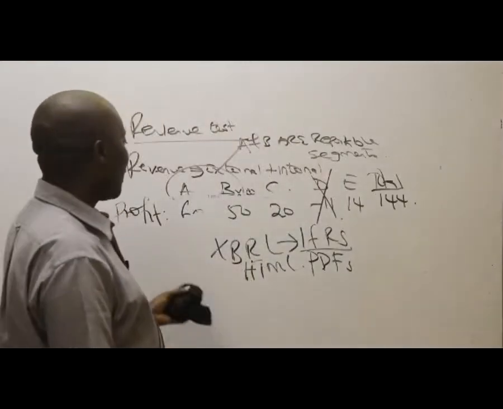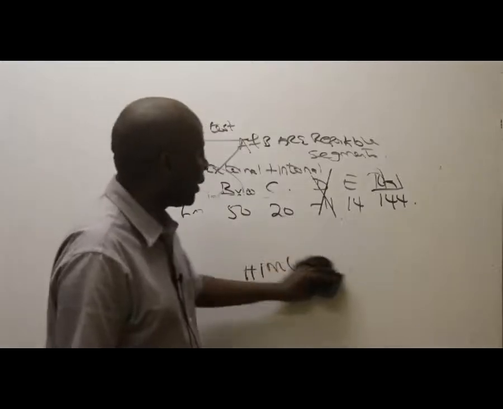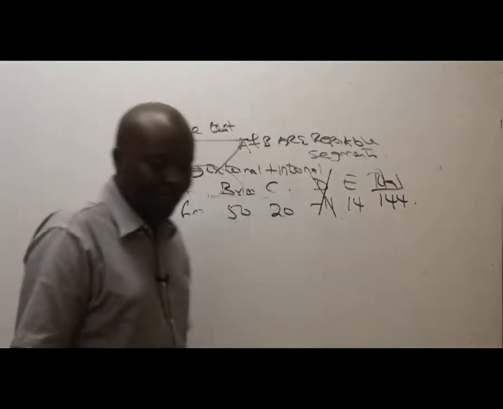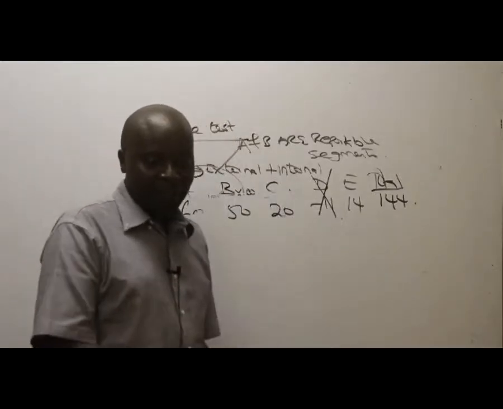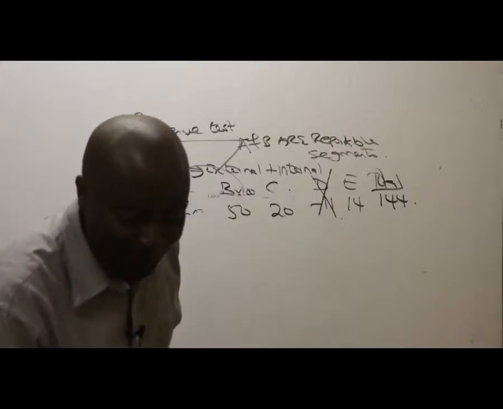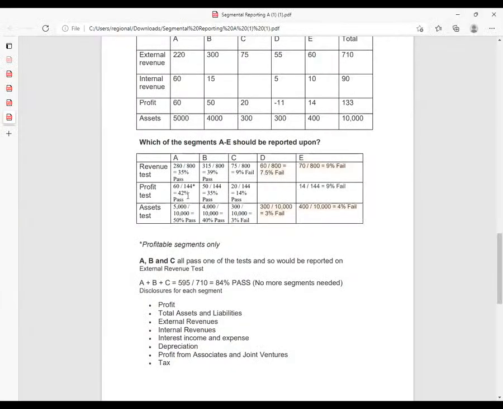So the only thing you guys never gave me was the percentage for E. The percentage for A was 42, B was 35, C 14, D in this case nothing, and then E is 9% if I'm not wrong. E is 9%.